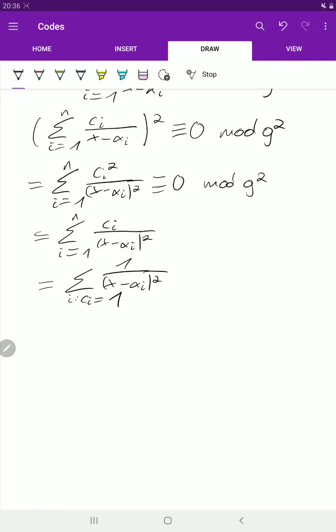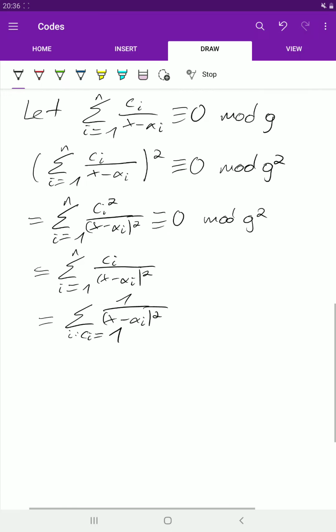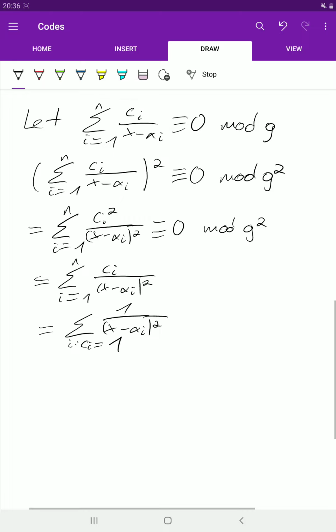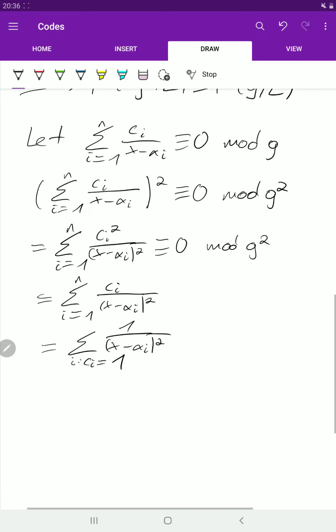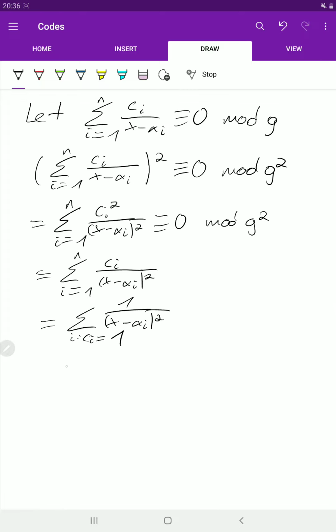Okay, and then we could try to go further, but probably this won't lead us anywhere, so I just did this to show you what you can do to see some things. So what we also see is